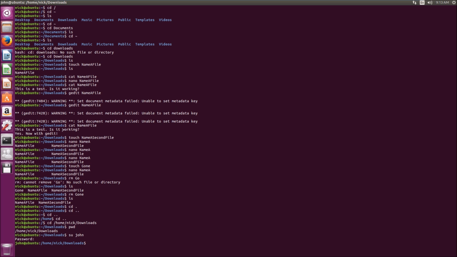So you can see instead of it showing this little tilde sign to indicate that I'm in my home directory, it's now showing the full path. So it's /home/nic/downloads because I'm in a different user's downloads folder. So let's go ahead and switch over to his, and then we can do cd to switch